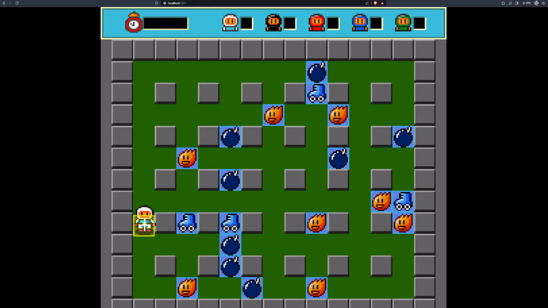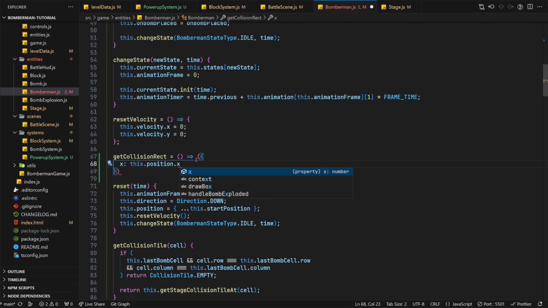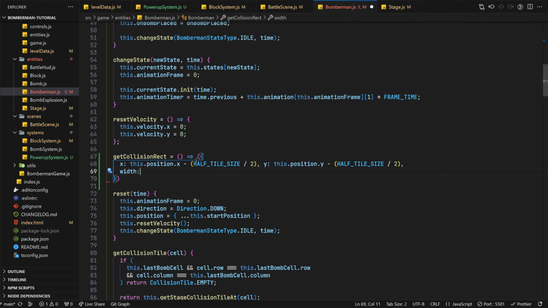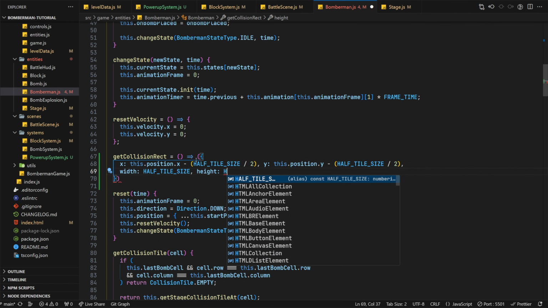Opening up the Bomberman class, as we now have the power-ups available in the game, we'll first reset the Bomberman property back to the default value of 1. Then we'll create a new function called getCollisionRect. This will provide any consumers with a dimensions object of the Bomberman for collision purposes. This will include an x and y position, along with a width and height dimension. We're using the half tile size constant value here to get an 8x8 collision box in the middle of the